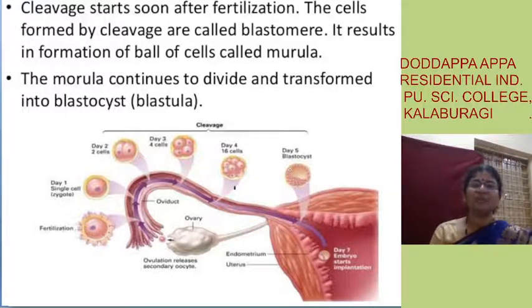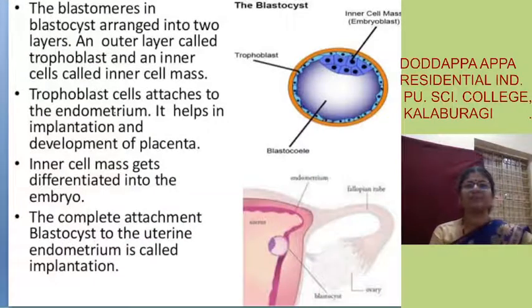Fine. So blastula, at that time it will come to the uterus and it will start implanting. The blastula of the mammals is called blastocyst. The blastula of the human beings is called blastocyst, and I did not take the structure of a blastula. In the next slide, please. Then let me go to the next slide.